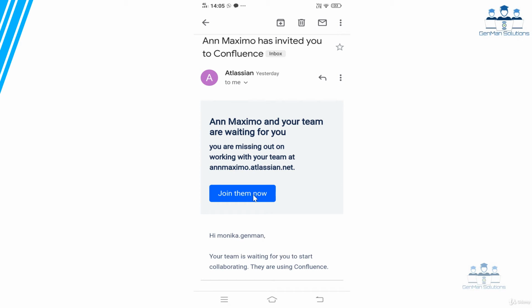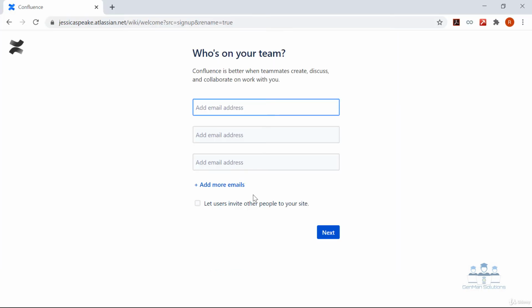The new team member will have to sign up as well by entering his or her full name along with creating a password, similar to what you did. They will be asked the same basic questions after the successful sign up, like what type of team do you work with, etc. While you have the option to invite users at this stage, you can add the users later on as well. We will look at more ways of adding or inviting users later in the course.